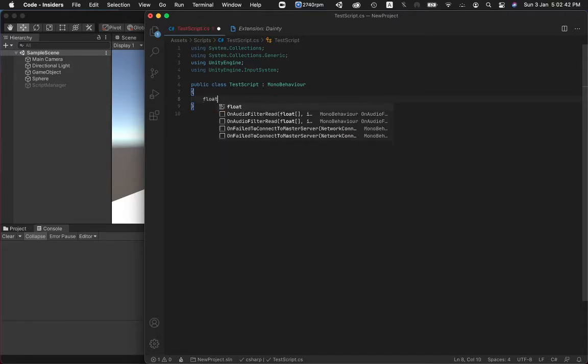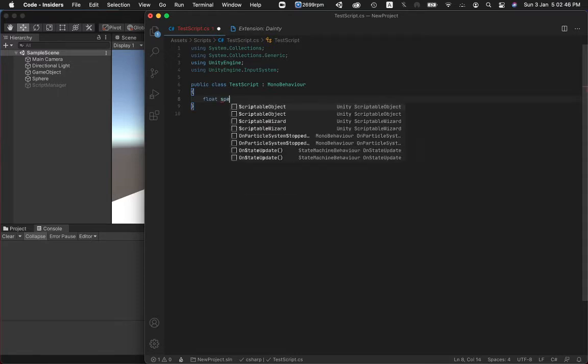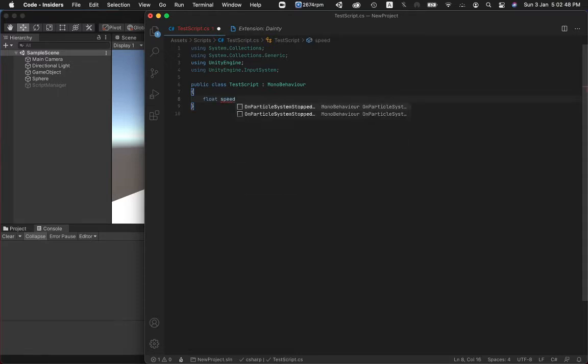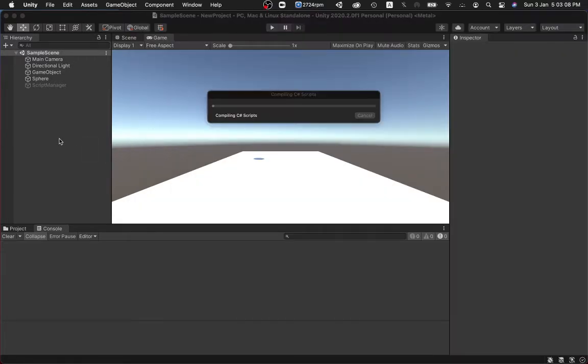Like I can create a float. Let me give it a meaningful name this time. I'll call it speed, because in this video we're going to be doing something a tad bit more than what you would expect. So speed, and I will default this at 3000f. And I've created a variable. It's not being used anywhere, but it's there. And if I come back into Unity,